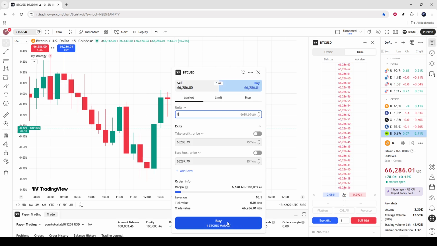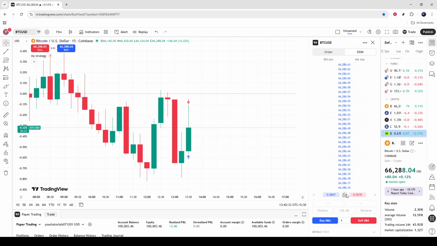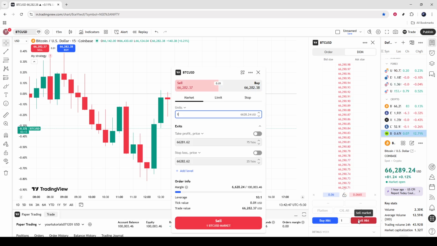price. Because Flatten is a powerful one-tap command, always verify the symbol and account at the top of the screen before confirming. After flattening, the position will be gone, any resting orders will be cleared, and your position size will show 0. At this point, you've seen all 3 fast methods on the TradingView Mobile app: the X on the